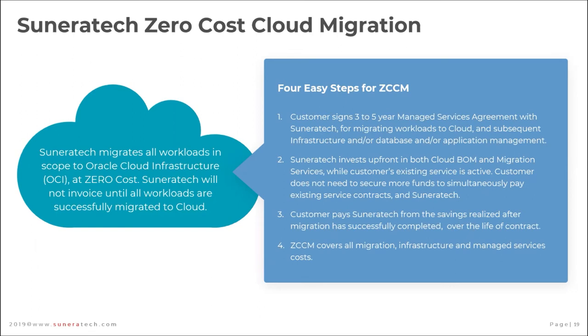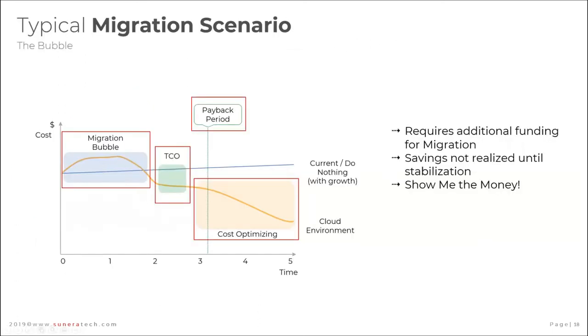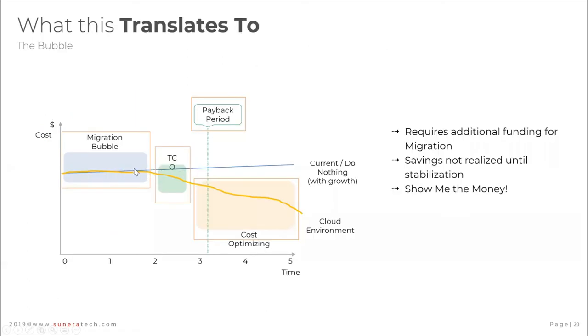Typically, we enter into a managed services contract with the customer. Post-migration, we support infrastructure and/or database and/or application. So from this bubble of zero cost, you come to a point where you're not paying anything extra. You don't see that bubble and you have zero investment. Then you just continue paying SuneraTech through the life of the managed services contract. Two advantages. One is obviously the bubble goes away. Second, more importantly, is